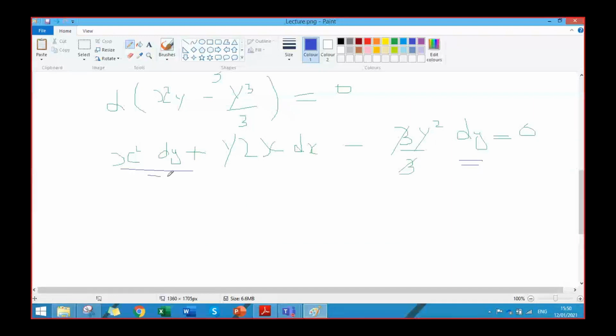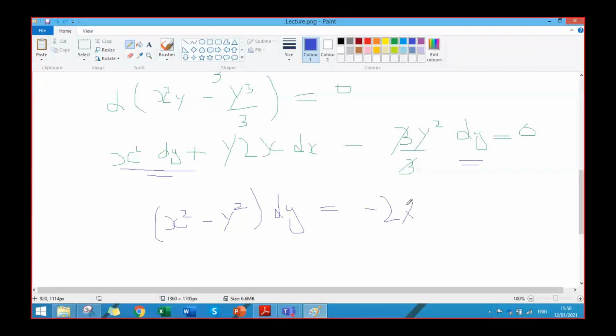So we get x square minus y square into dy equal to minus 2xy dx,